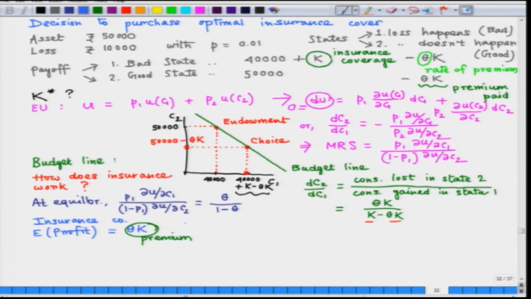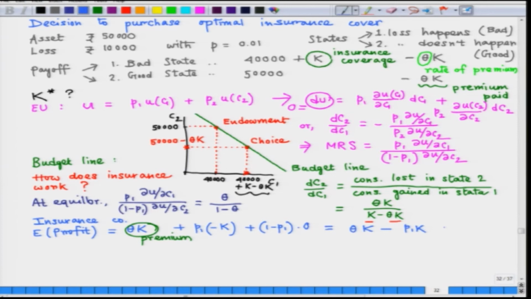Now, there are two states of nature. First state is basically the bad state. So, that will happen with probability P1, and in that case the company has to pay k amount to the consumer, right, and there is 1 minus p chance with which the good state will be realized. The company in that case does not have to pay anything to the consumer, right. So, if that is the case, then the expected value becomes, expected profit becomes,